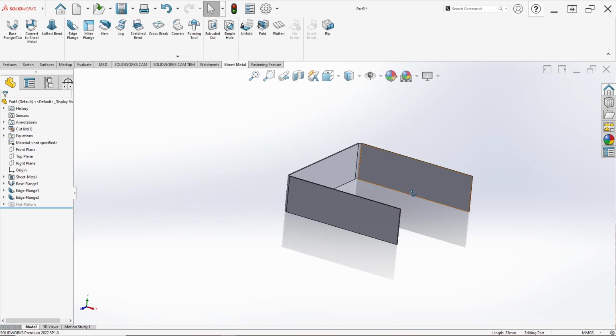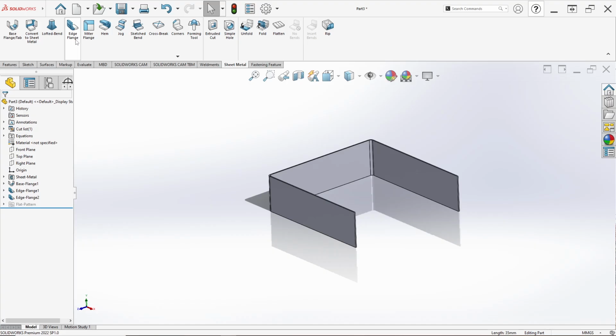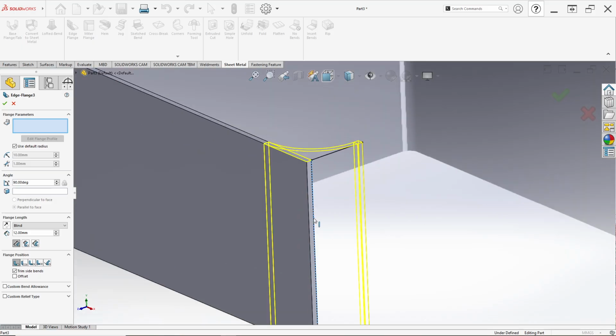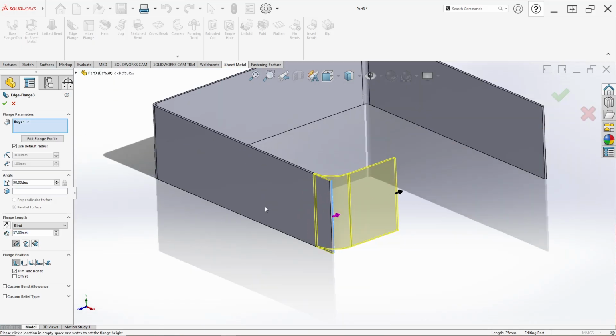Just click OK, and click edge flange again, and for the parameter click this edge. But in here, like before, uncheck the use default radius. We change it to 2 millimeter and 90 degrees. But in here the flange length is not 120.